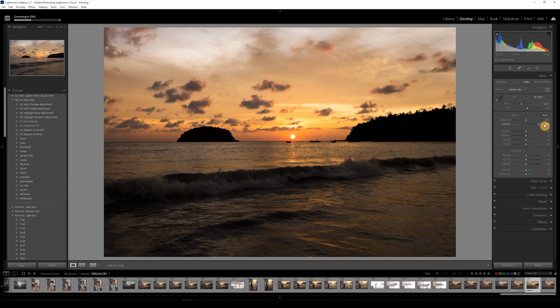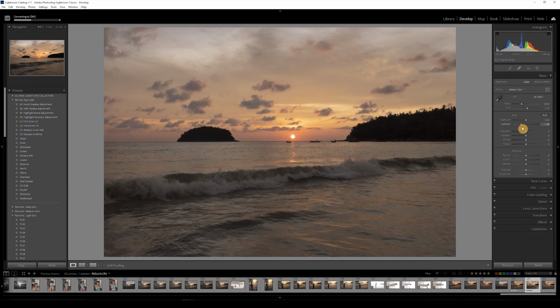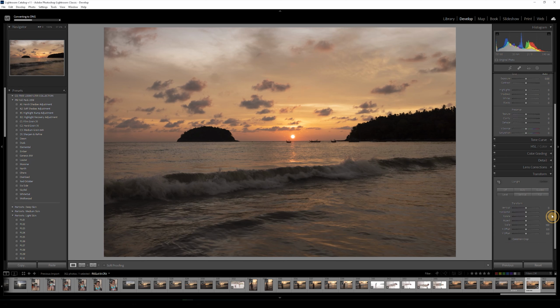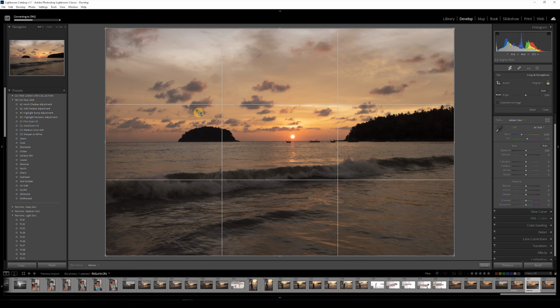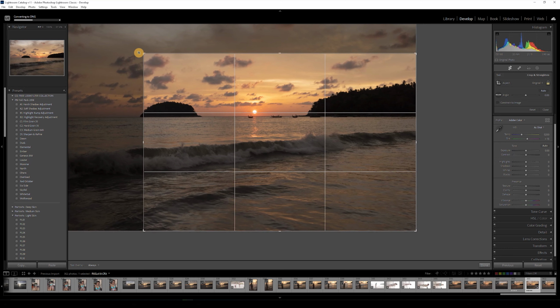And contrast, obviously adjust the contrast as well. So to me, the highlight of this photo is actually this area over here where the sunset is. So actually looking at it, I might want to crop it in a little. It's over here, crop it. So looking at this as it is,